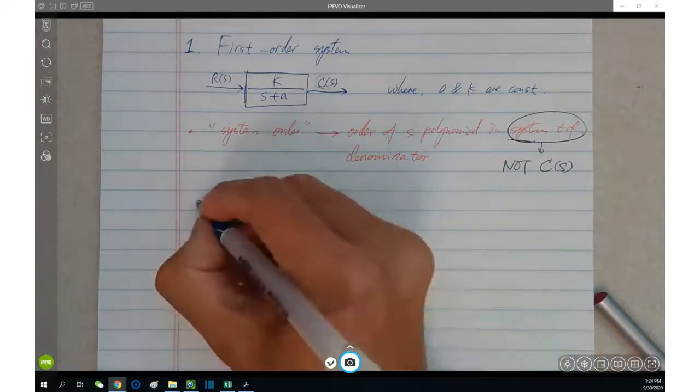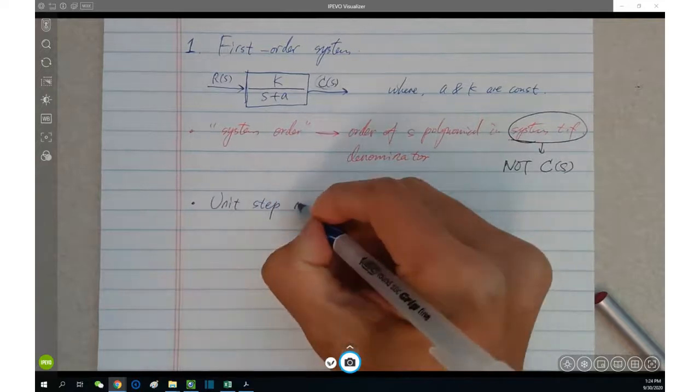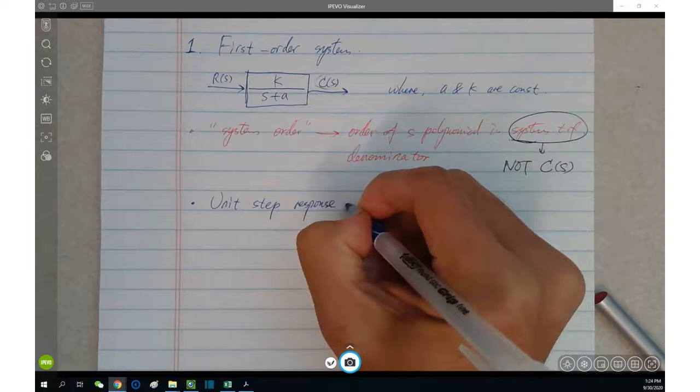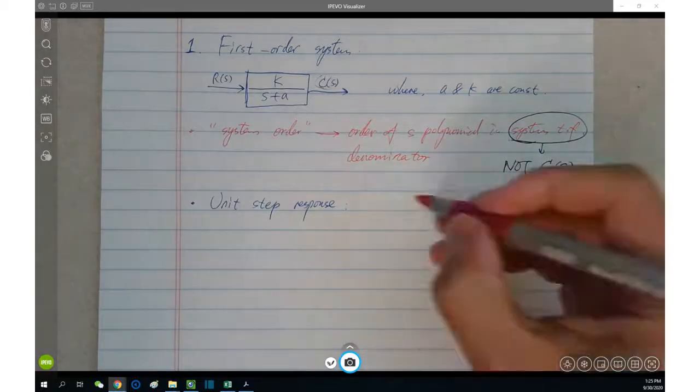Right, and then let's check the unit step response. First of all, what does it mean by the unit step response of this first order system? Anyone understand? Is that if R of s has a unit step function incorporated into it? Yeah, basically, John is right. And what does it mean by unit step response? Means